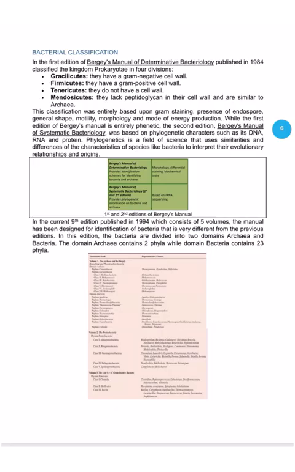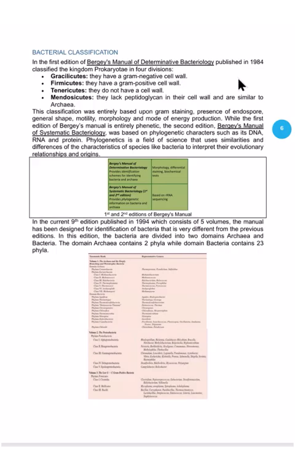We move on to bacteria classification. As we mentioned in the identification section, identifying bacterial species depends on Bergey's manual. Actually, Bergey's manual was first published in 1984, the first edition, and it's called Bergey's Manual of Determinative Bacteriology. This manual was of course developed by eminent and expert scientists in bacteriology, and they classified the kingdom Prokaryota at that time into four divisions: Gracilicutes, and